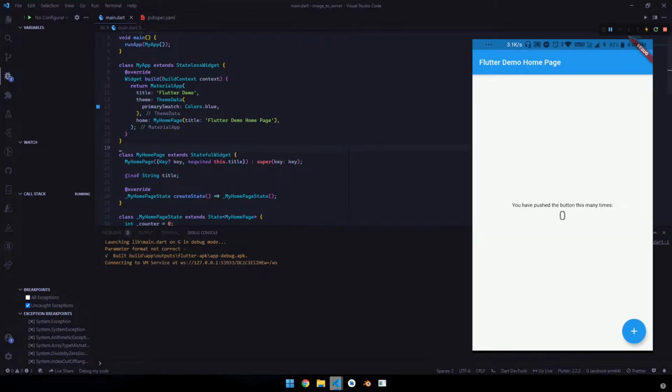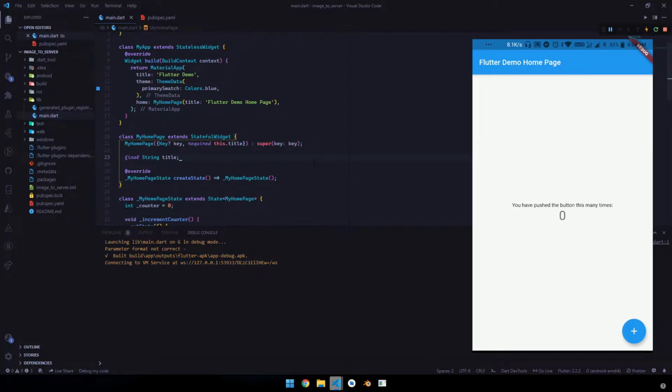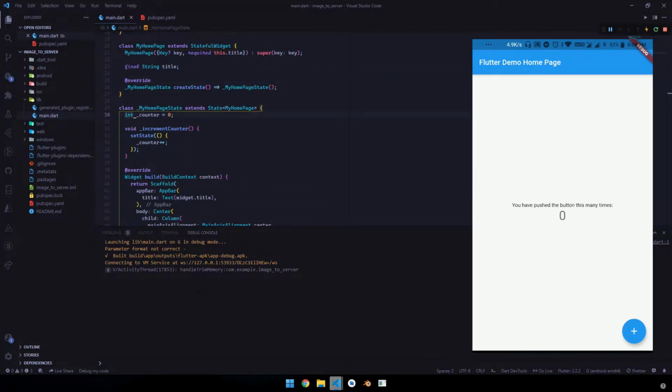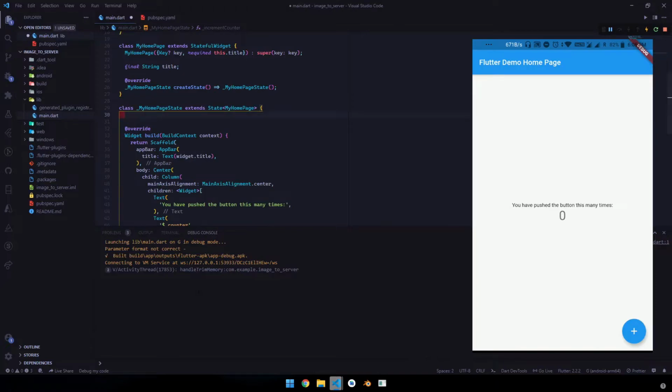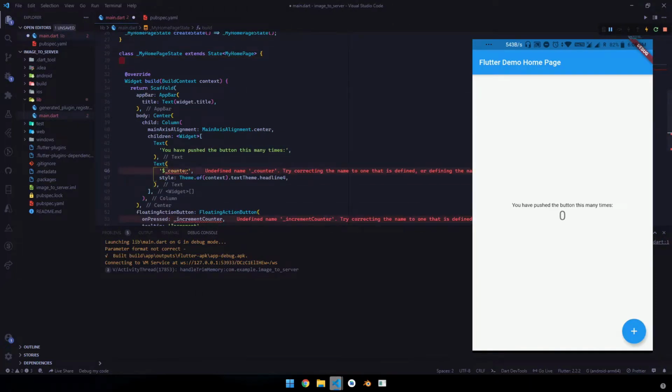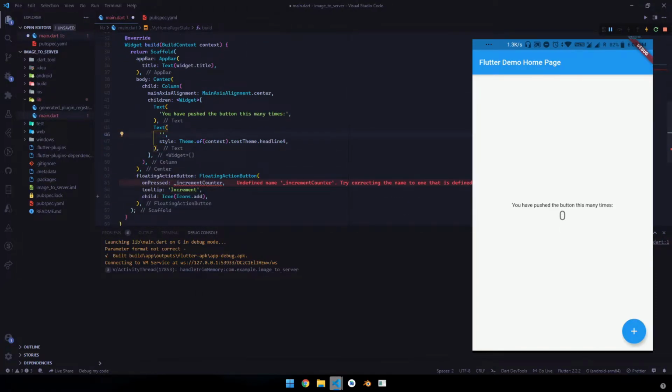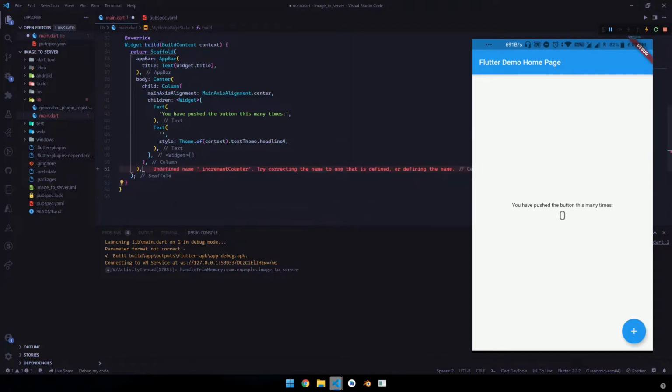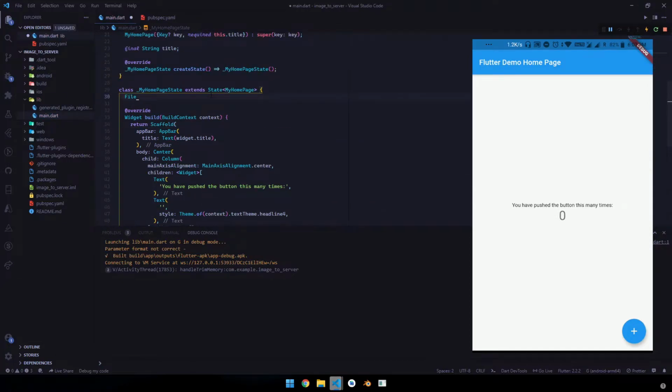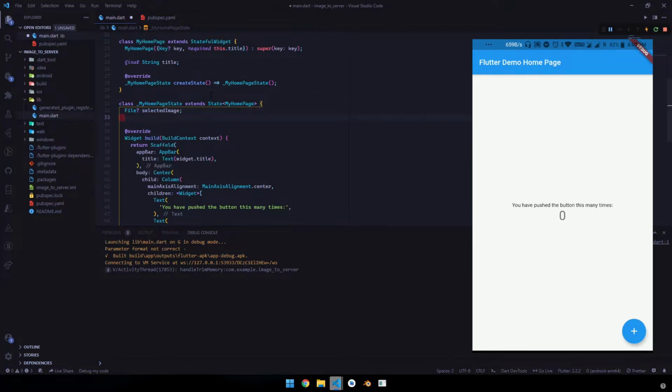So now we can see the default layout which is provided by Flutter. So now let's remove this counter variable and this floating action button. So now let's define a variable of data type File and name it selectedImage and import dart:io.